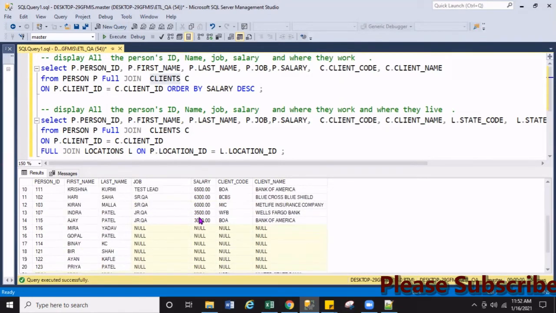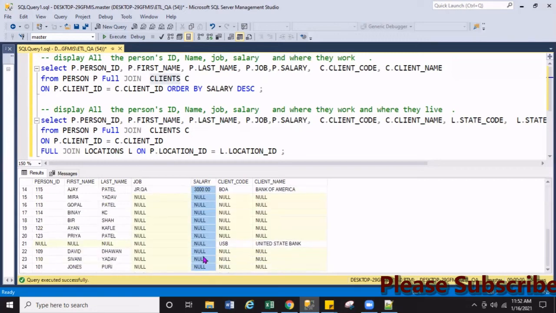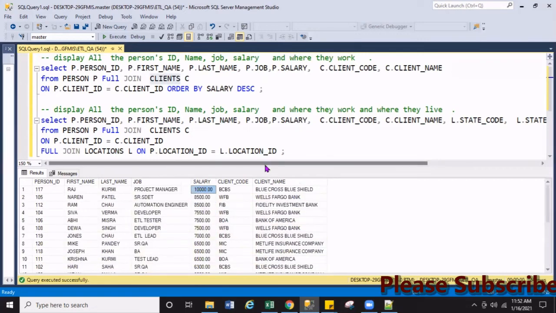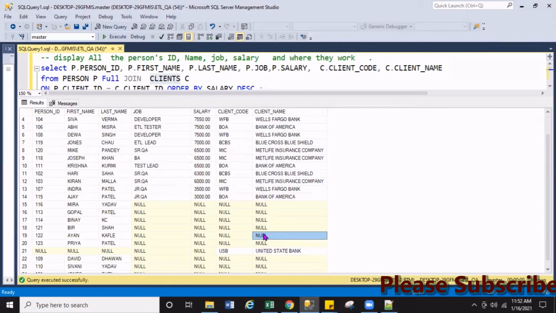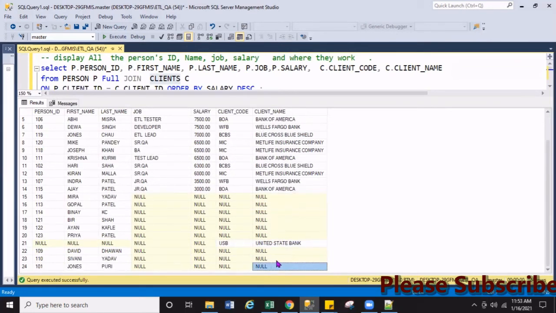So out of all the records, I am seeing that these many records are matched in both tables. 1 2 3 4 5 6 7 8 9 10 11 12 13 14, about 14 records match between both tables, and about 9 records are in the person table but not in the client table, and one record in the client table but not in the person table.